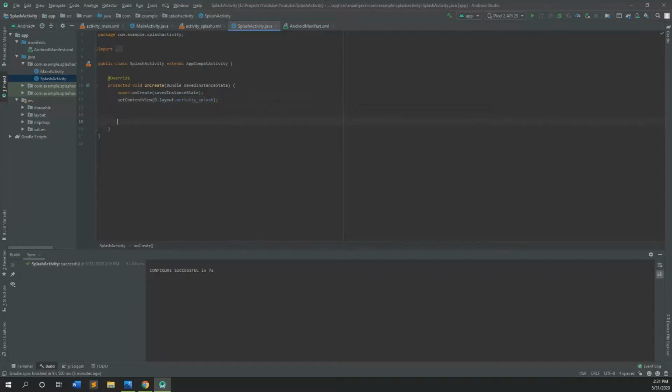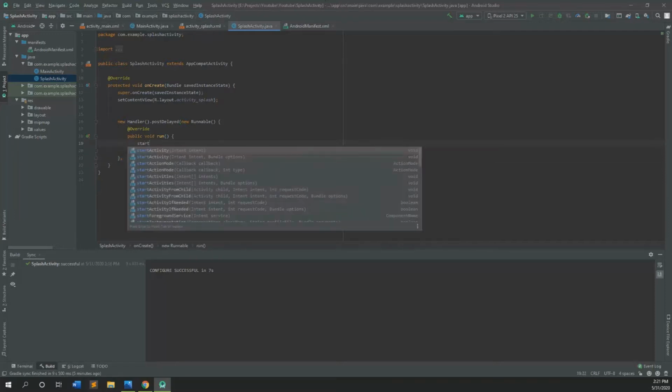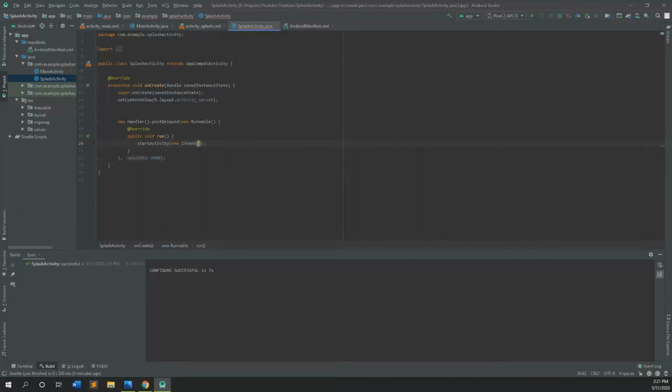Okay, I will use a new handler, post delayed, new runnable, and how many seconds you want to navigate to the main activity. I think 2 seconds, and start activity new intent, and